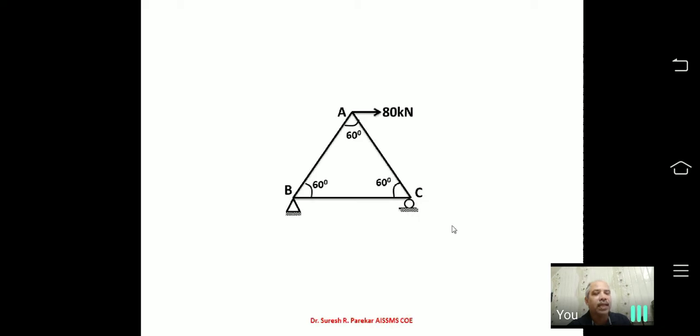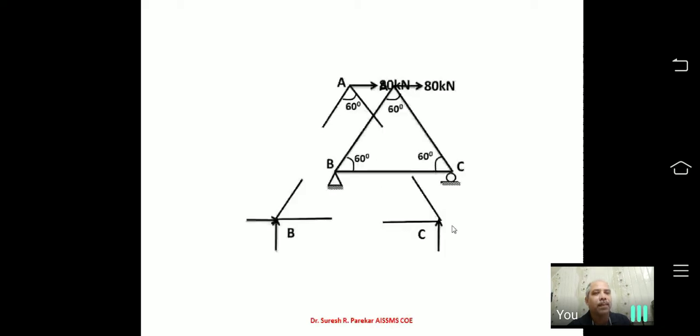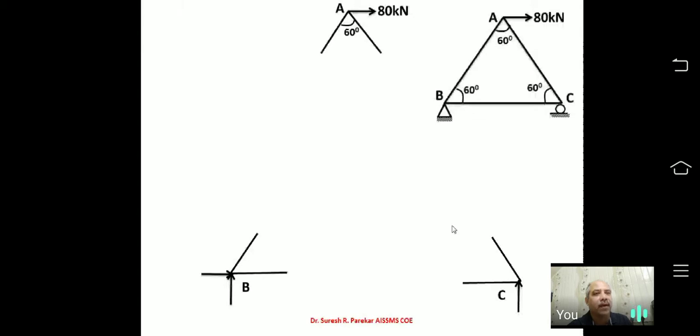Now we will consider each joint separately and apply forces in the members, and after calculation of each joint we are going to mark these forces in the figure. We will always assume tensile force in the members. So we have assumed AB tensile and AC tensile, and then we apply summation Fx = 0 and summation Fy = 0, and we are in a position to find the two unknowns, FAB and FAC.